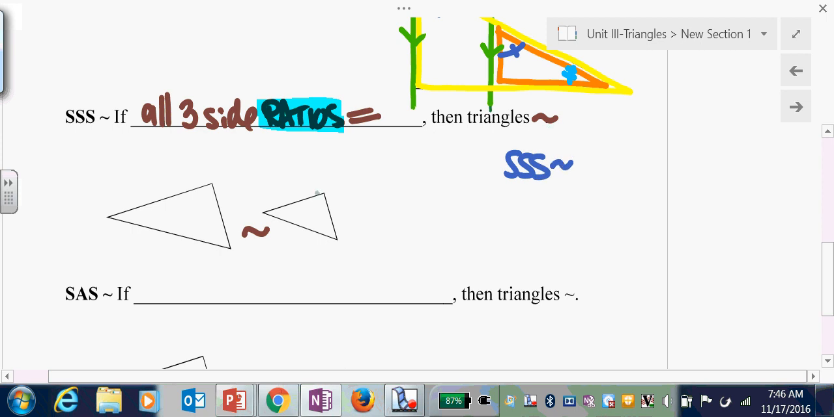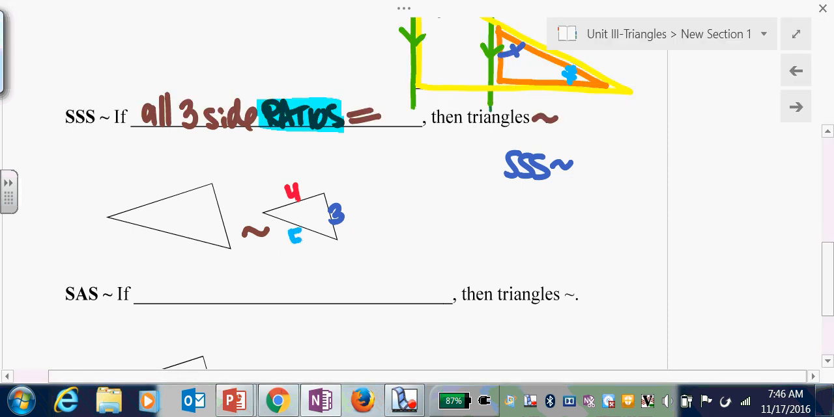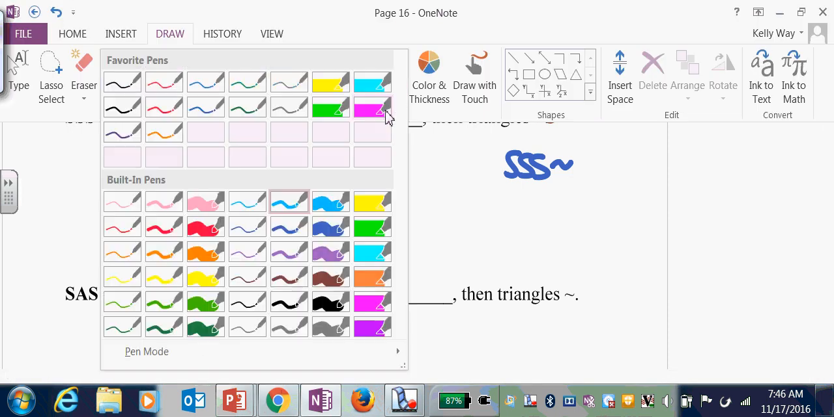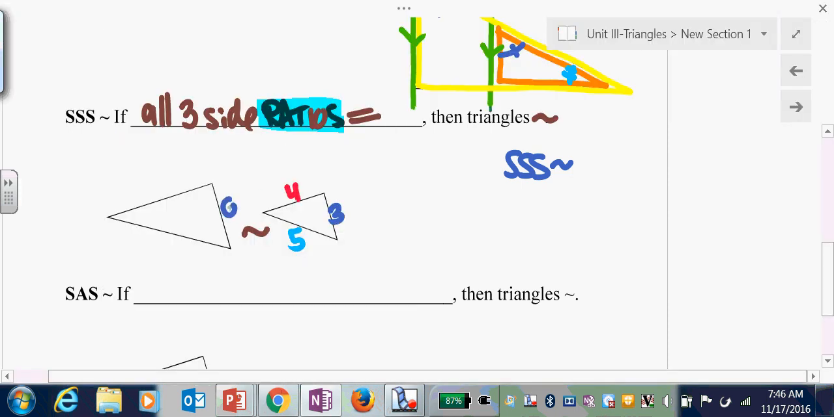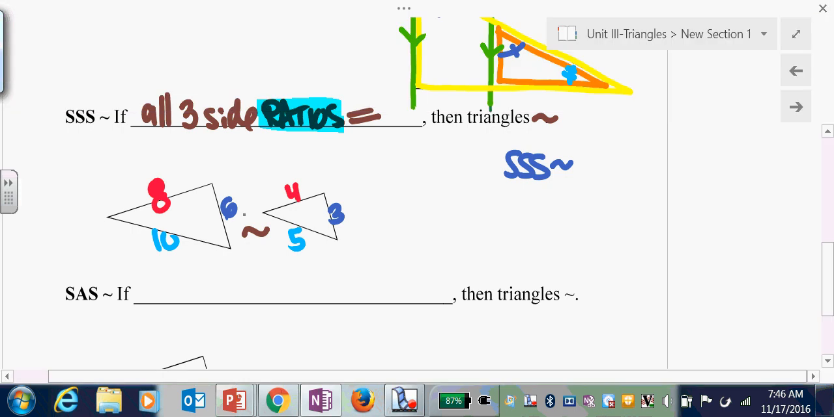For example, let's go ahead and put a 3 here, put a 4 here, and put a 5 here. 6, 8, and 10. So if these triangles had these measurements and you were to check the ratios, the ratio of 6